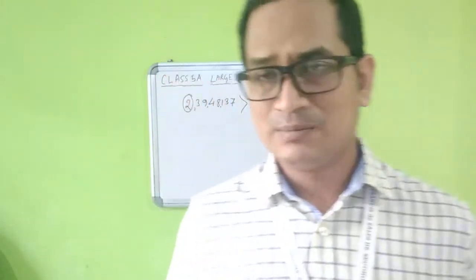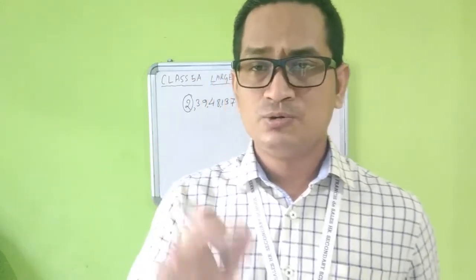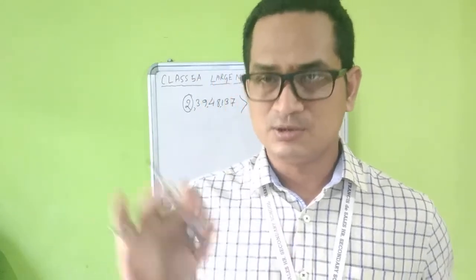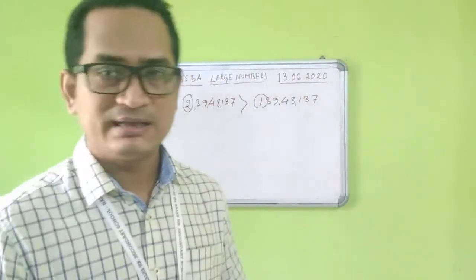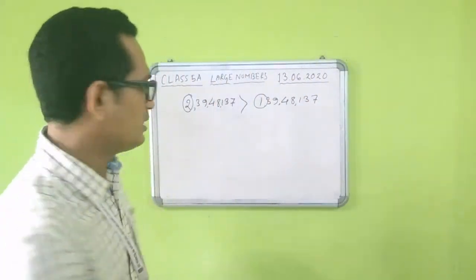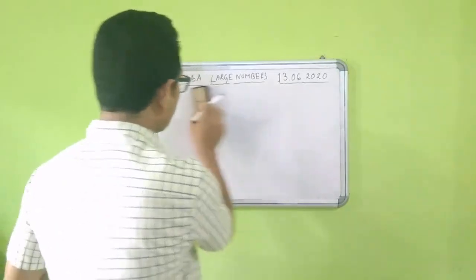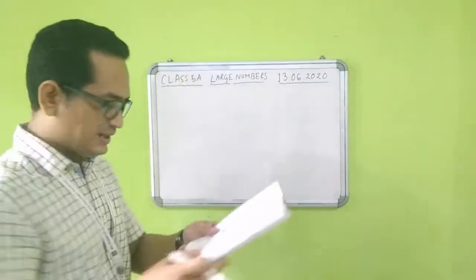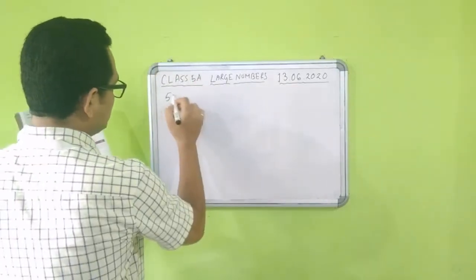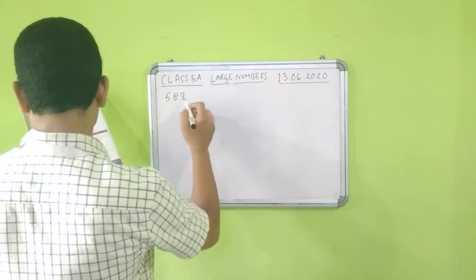But students, in the exam it will be very difficult for you to draw a place value chart and then put the digits in, so it will be time-consuming. You should learn how to do it without drawing the place value chart. Fine. So let us take an example, and I will explain how to do it. Let us take the numbers 583